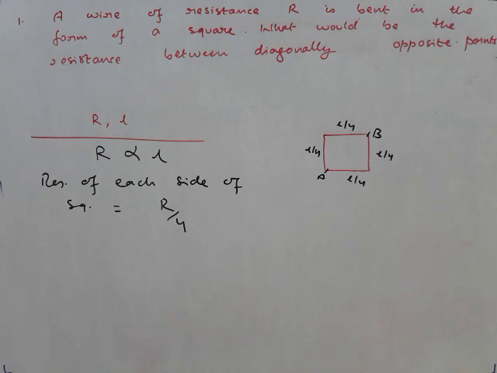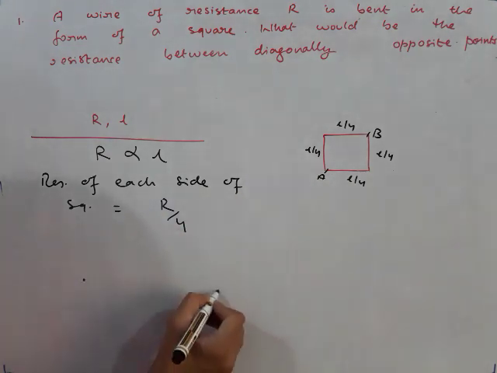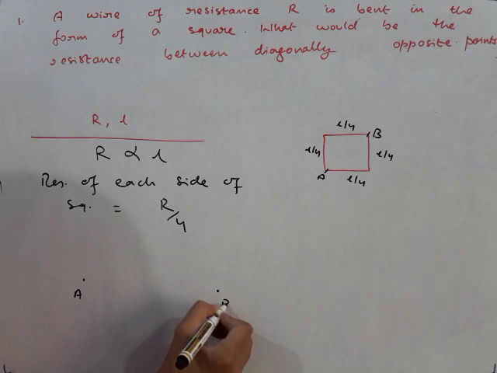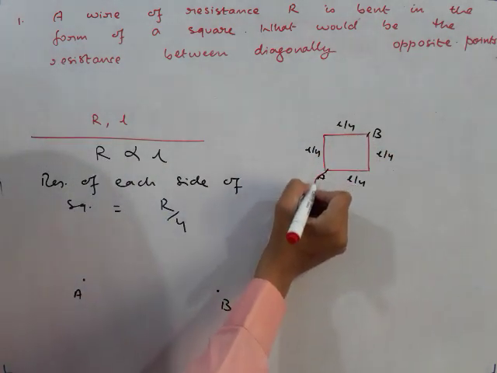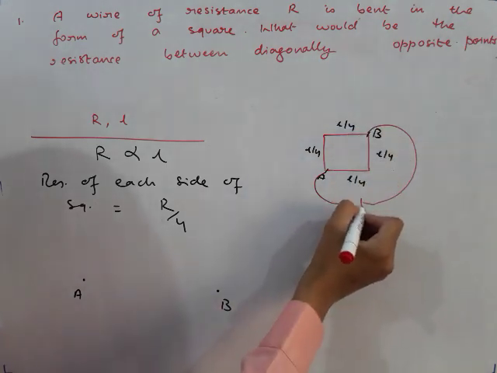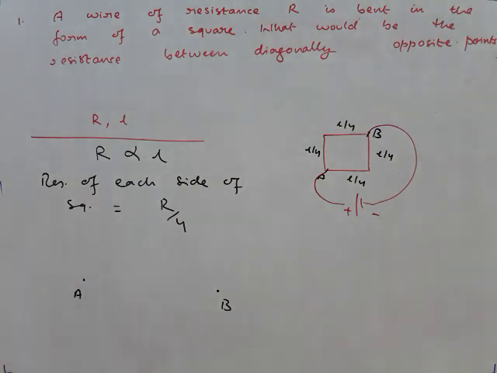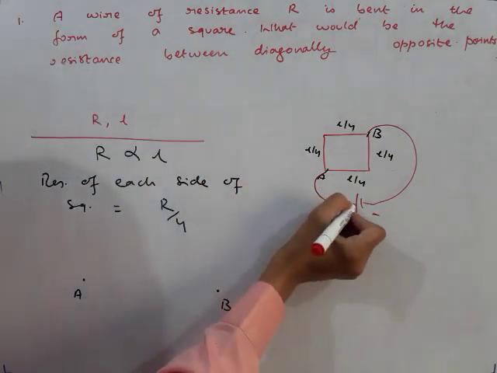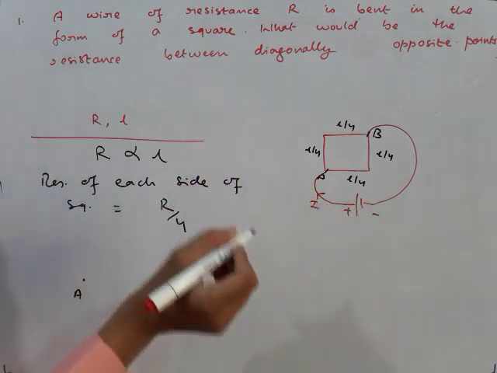Now we have to find equivalent resistance between diagonally opposite points A and B. So those 2 points, I am marking it like this. Now listen carefully. The points between which you have to find the equivalent resistance, you connect them to an imaginary battery. You don't have to draw this, just think it in your mind. The battery will send some current from the positive terminal to the negative terminal. So this is the current. Suppose that current is I.